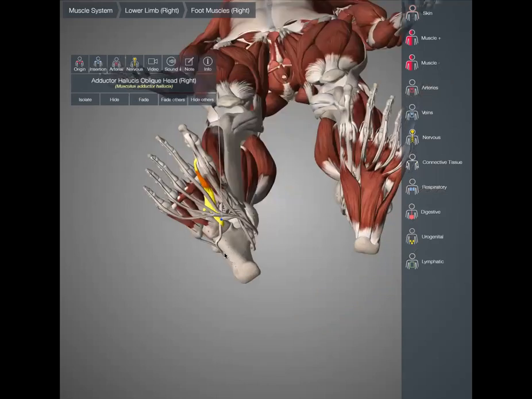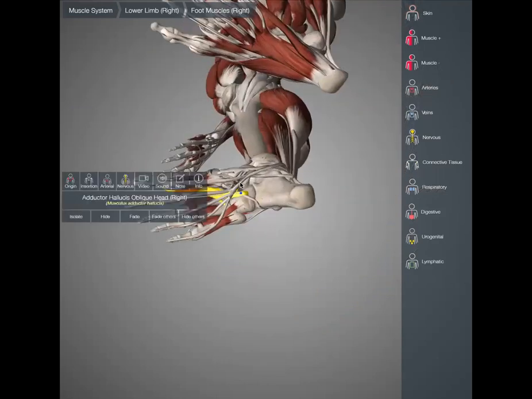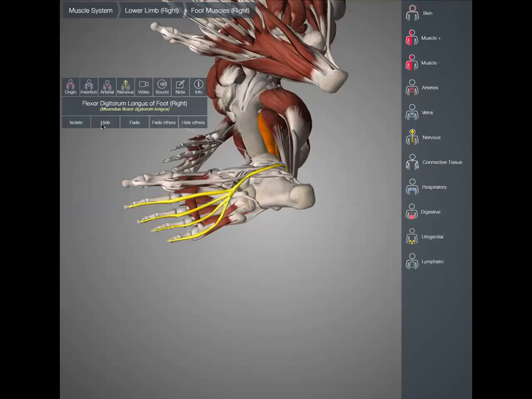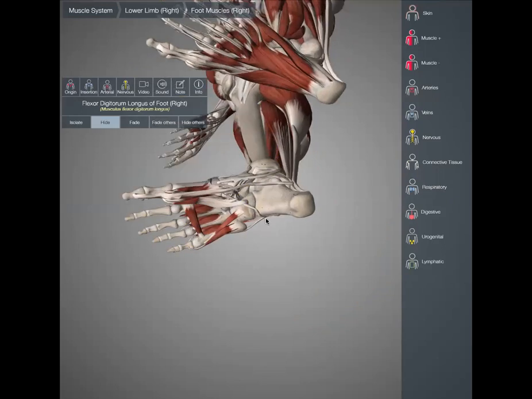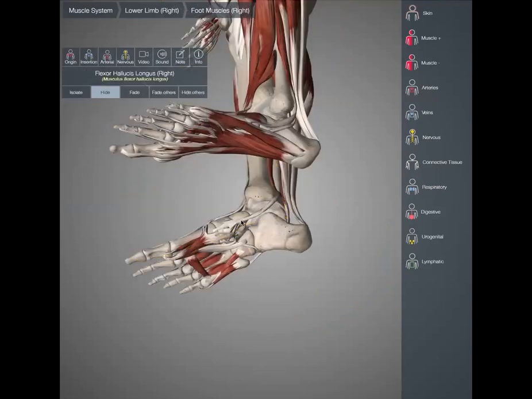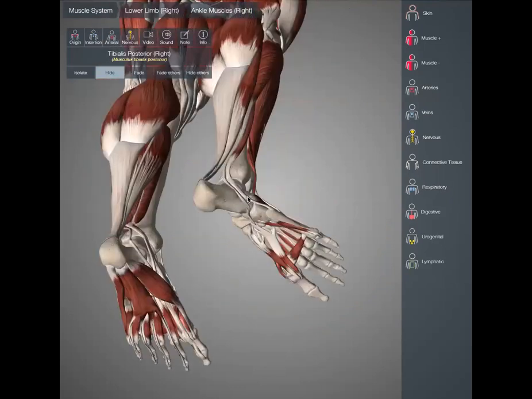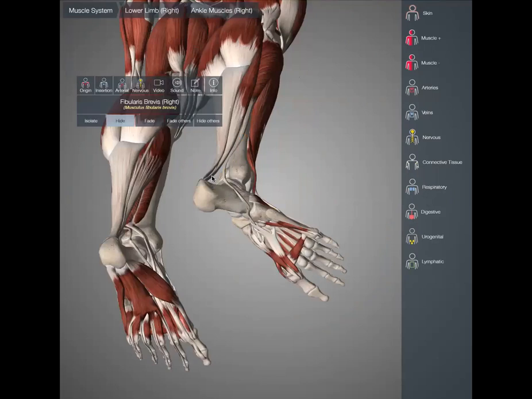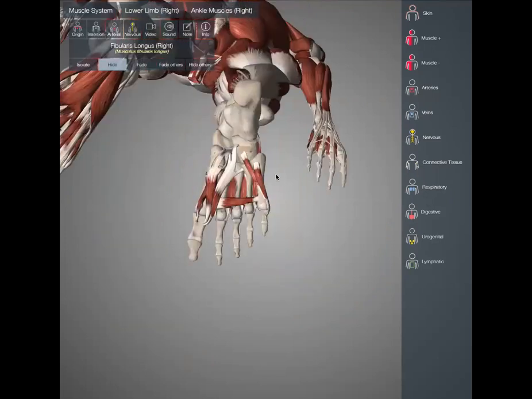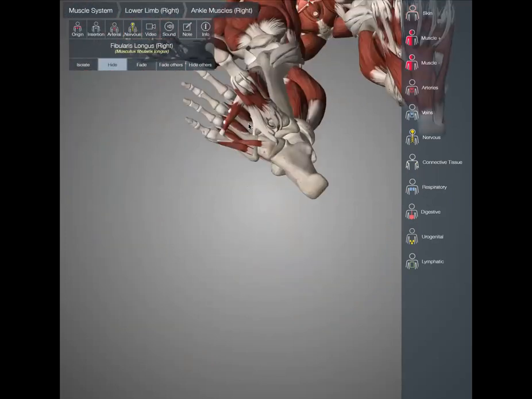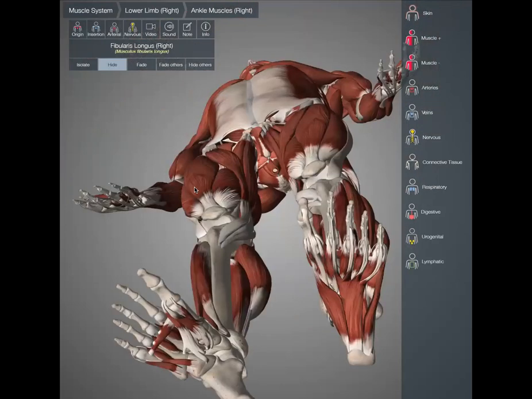Of course, this one is a muscle that we don't need, so I'm going to hide it. I'm going to also try to hide the other ones as I did before. Okay. So as I said, the second layer, we got rid of it,